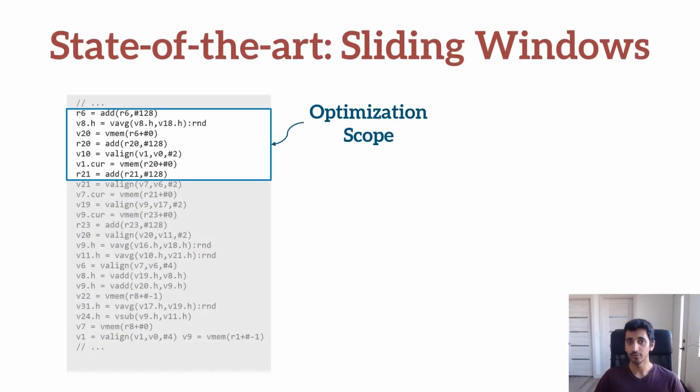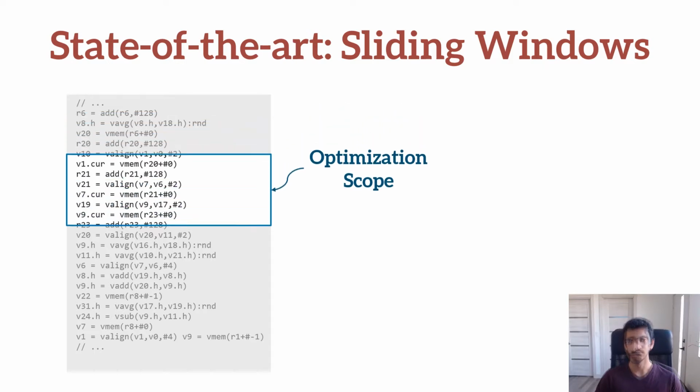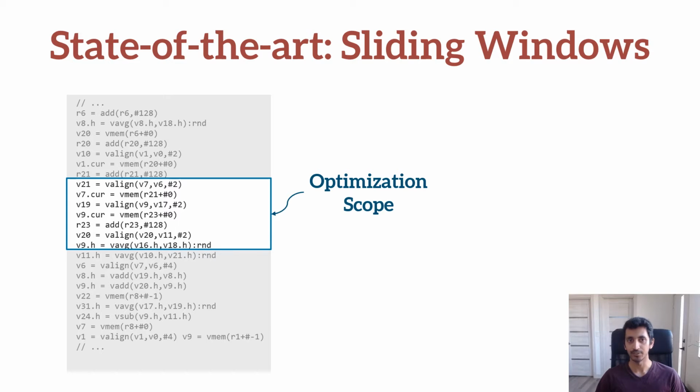Therefore, in order to scale to larger programs, state-of-the-art super optimizers typically use a sliding window decomposition. Since the entire program or expression may be far too expensive to optimize together, they restrict each optimization query to a small window of instructions that are then optimized locally. Sliding window decomposition allows super-optimizers to scale to arbitrarily large programs, but it is not well suited when performing instruction selection on modern vector instruction sets.